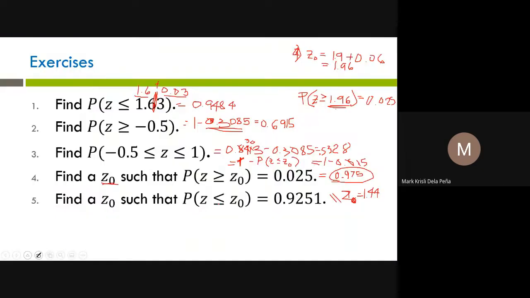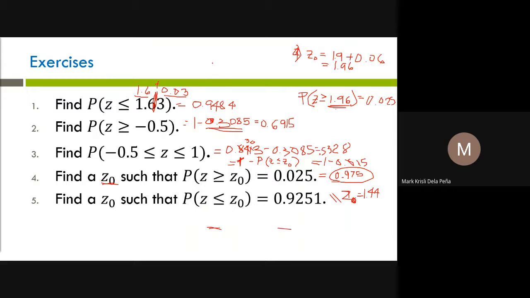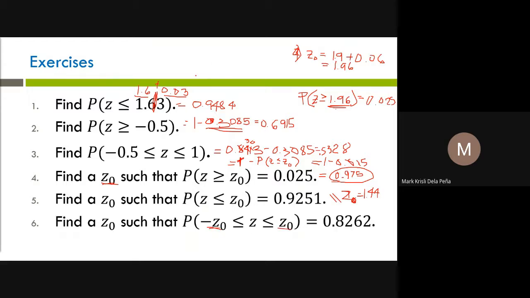And lastly, we have this. How to get the probability of this one? We have to find a negative z₀ and a positive z₀. It's quite tricky here. Now we'll have a negative value and a positive value. But what's good here is that if we get the absolute values of these two, they would be just the same, right? Which gives us an idea, if we recall,